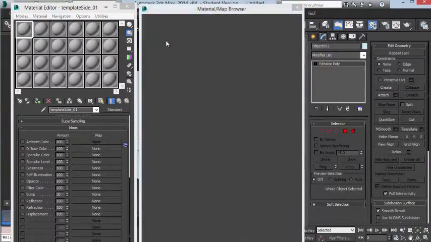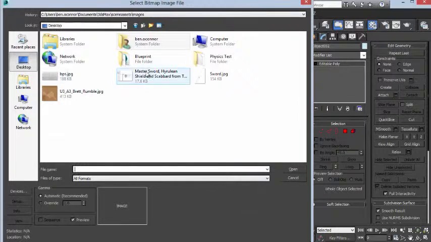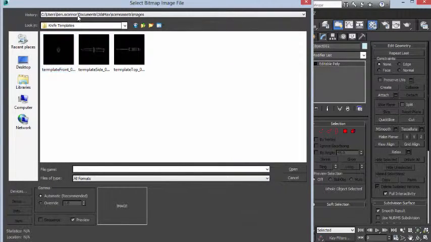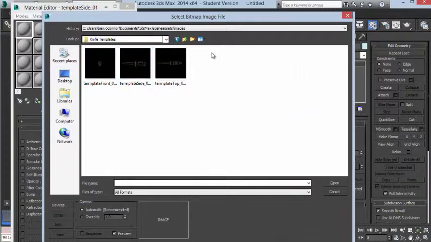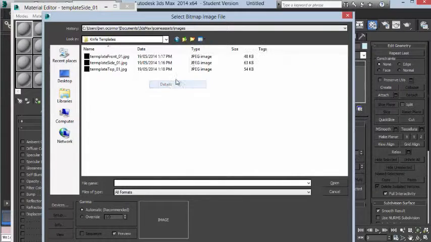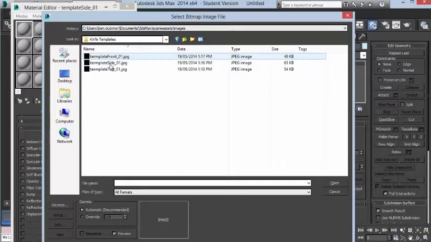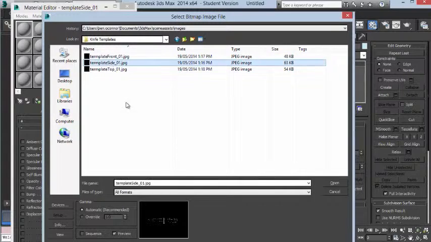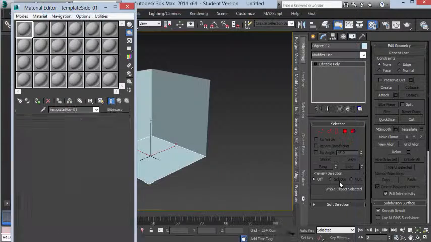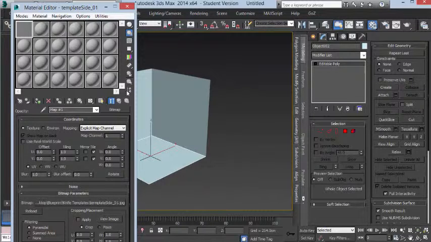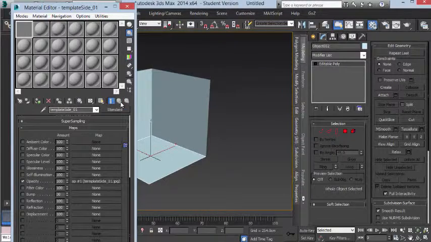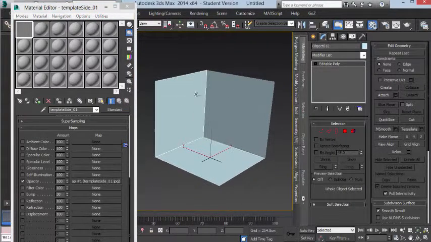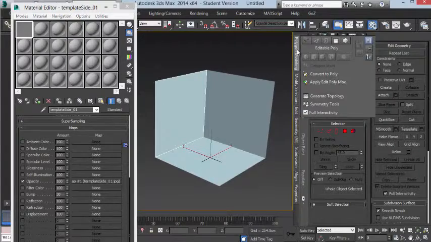I'm going to choose bitmap, and in here I'm going to navigate to the desktop, the knife templates, and I need to find the side one. So I might change my view to details. So here I've got my side one here. I'm going to override the gamma to 1 and open that. Okay, so now I'm going to go up to the parent. I'm going to select the side one, and I should name it